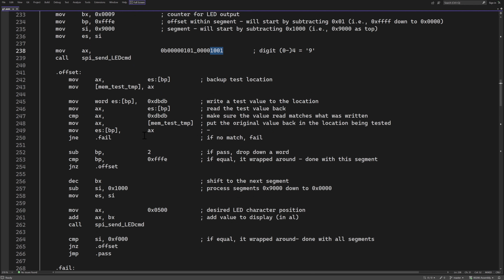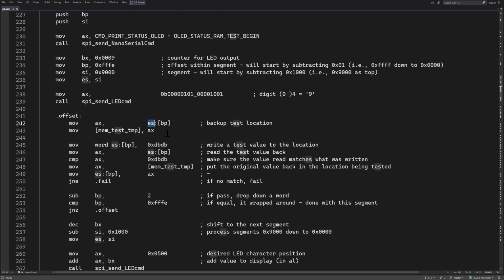And then I continue into here and I say, okay, well, let's go out to this ES, which at this point would be 9000. And grab whatever BP is, and BP I'm starting out with FFFE. So really I'm going to 9FFFE. That's the highest word location in my RAM. I'm moving that into my A register, and then I'm going to write that out to this temporary variable,